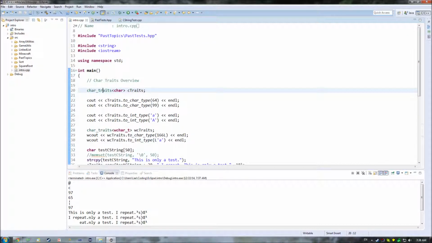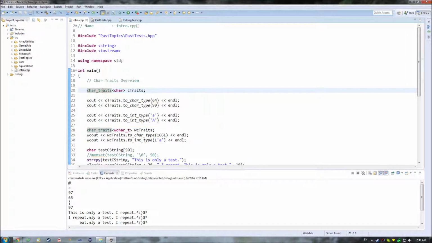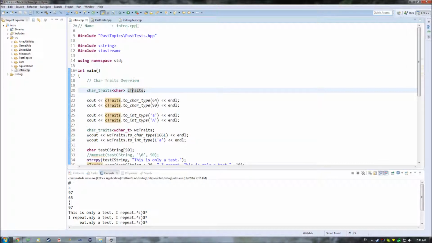So, to begin with, what are character traits? Character traits itself happens to be a templated struct, as you can see in here. That happens to be used in general by basic string in order to perform a lot of the underlying logic that it uses for copying around different characters, moving characters around, assigning different things, and handling the behind-the-scenes information without necessarily having to specify